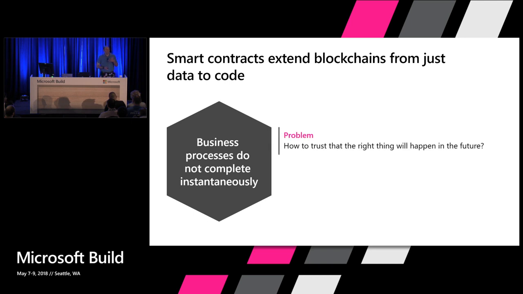And blockchain needs to be able to support that, and smart contracts are the mechanism that enable you to support that because you have to know what's going to happen in the future. And the way that that's handled is that in blockchain we can put code on chain, not just data. It's not just a ledger where you're recording the transactions, but you can actually put business rules on the blockchain. And those business rules are immutable, just like the data on the blockchain is immutable. And those business rules are shared. So all of the counterparties can inspect those business rules in advance, decide that they like what they're going to get, and then they can count on getting what they saw at the beginning because it's immutable and it won't change on them.